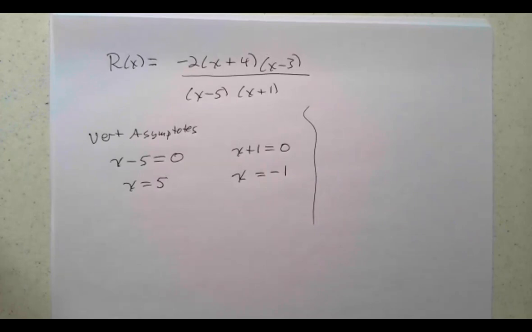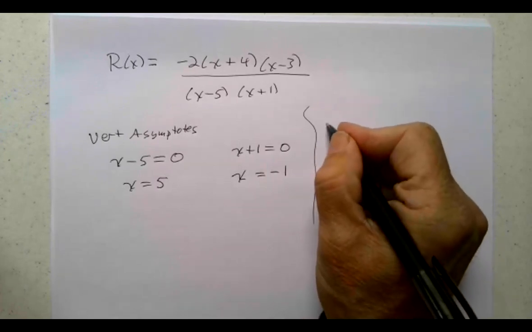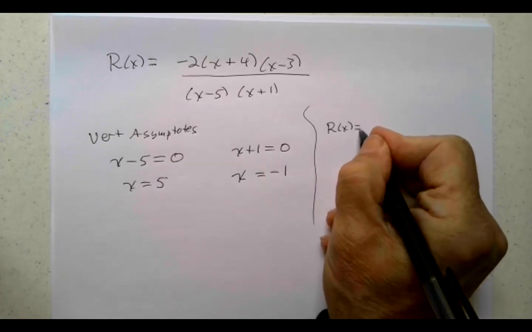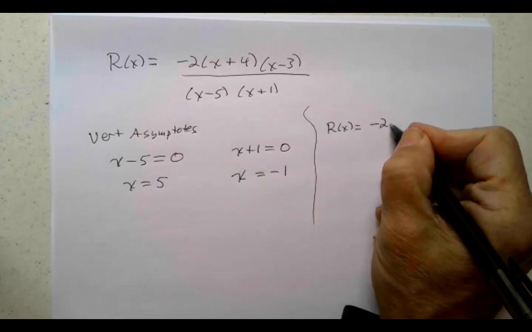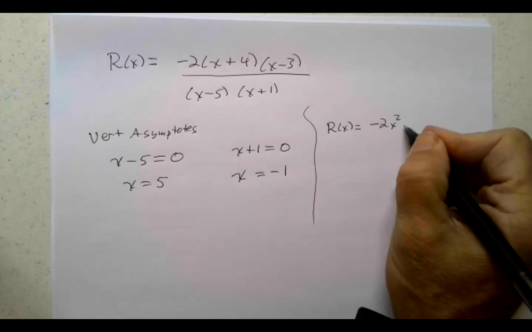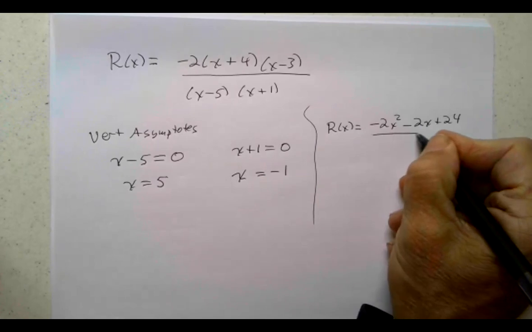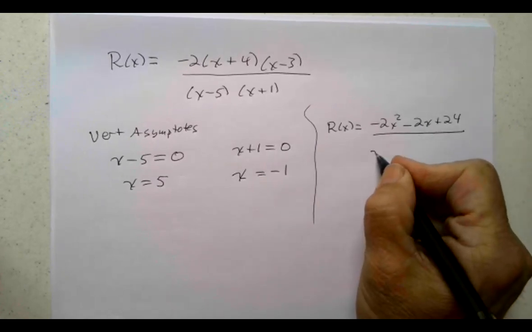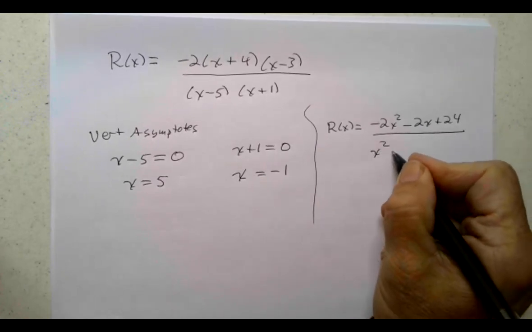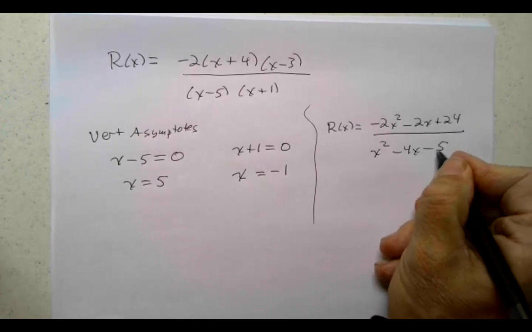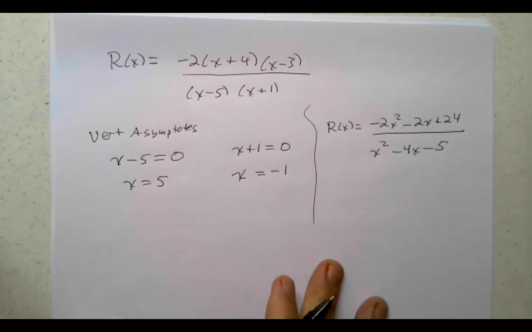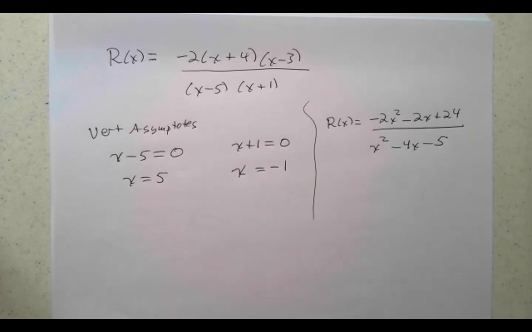I want to go back to the original version of this. So we get negative 2x squared minus 2x plus 24 divided by x squared minus 4x minus 5. The degree of the top and the bottom is the same. The degree of the top is 2, the degree of the bottom is 2. When they're the same, we will have a horizontal asymptote, but here's the way you have to